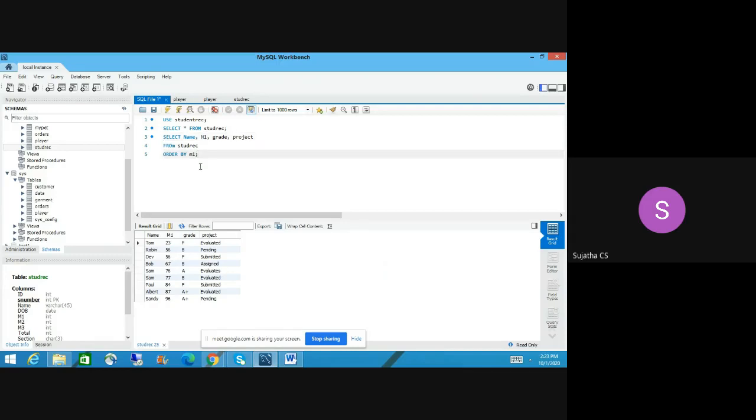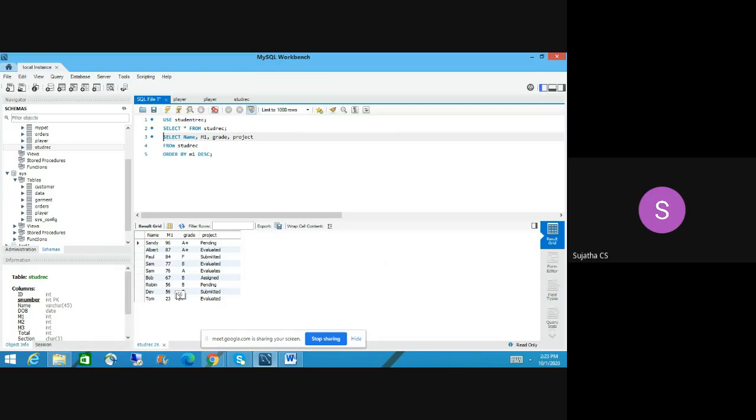Specifically, I want to sort by descending order. So what you can do, after marks, you can give the keyword called descending order, DESC, that's it. So when you run that query, it will show upside down. Got it, right? So 96, 87, 84, in this way, it will return.